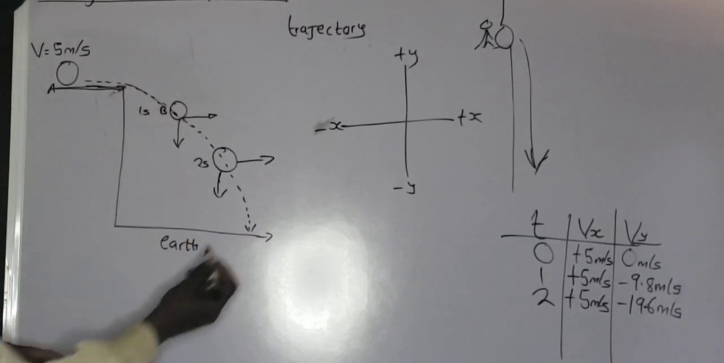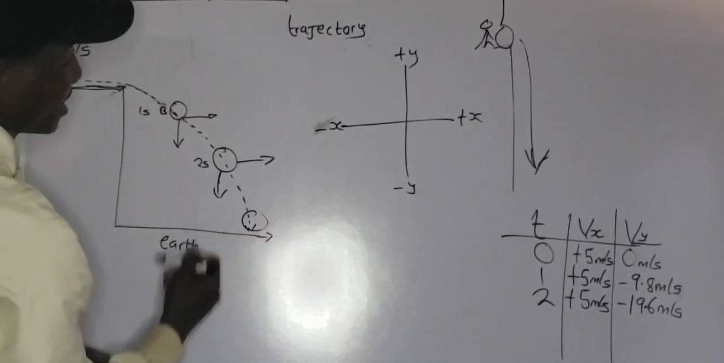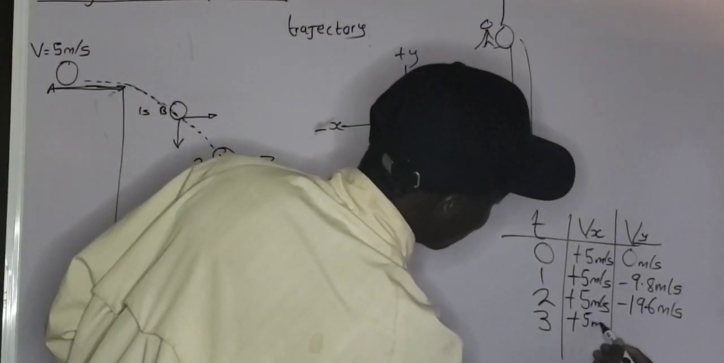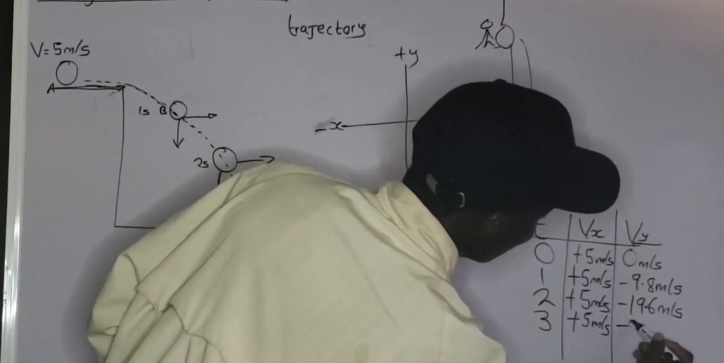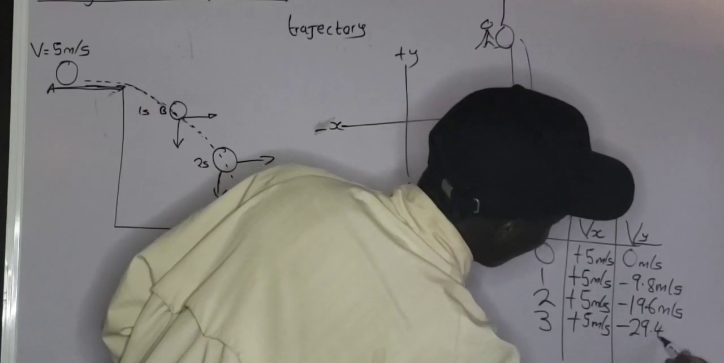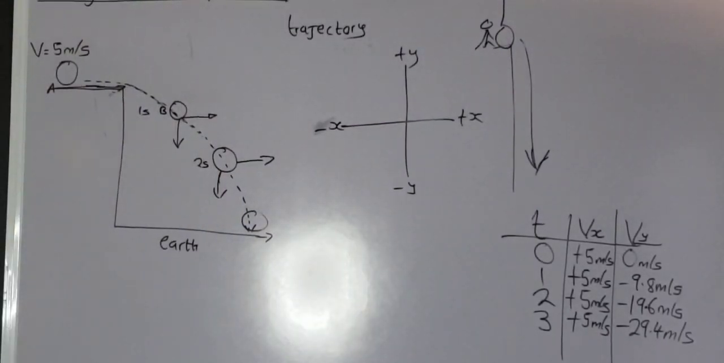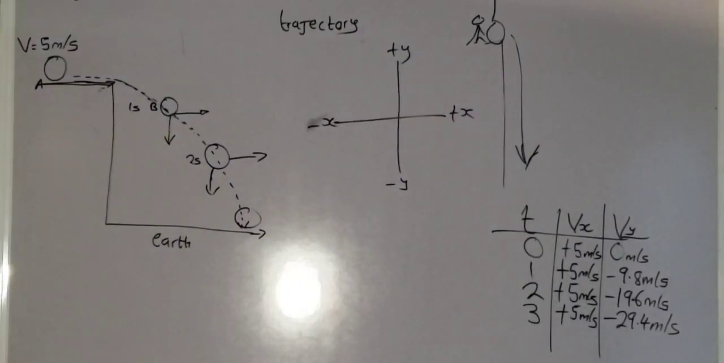So, the velocity of the ball at 3 seconds is what? This will still remain plus 5 meters per second, and this will be minus 29.4 meters per second. Do you understand? So that is the relationship between velocity and gravitational acceleration of a projectile motion. In summary, when we are dealing with projectile motion, the velocity Vx of the object will not